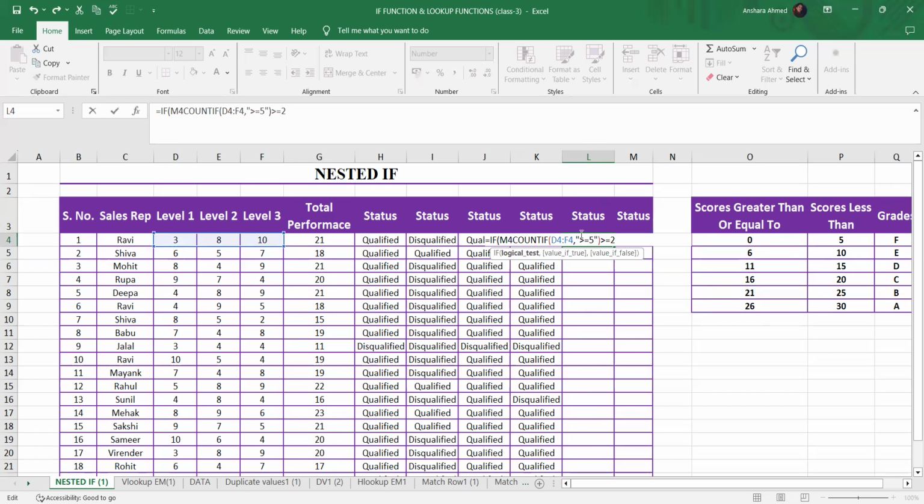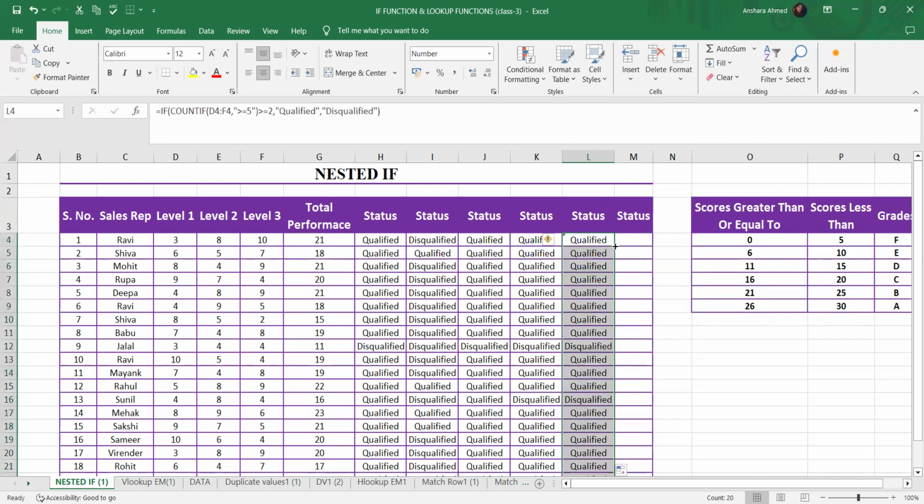wait a sec, I'll apply the if function, and again I'll put a value which says qualified, double inverted comma, again double inverted comma, and disqualified. Okay, close down the bracket, and then you'll see he is qualified because he passed the 2 levels out of 3. Okay, so that is how